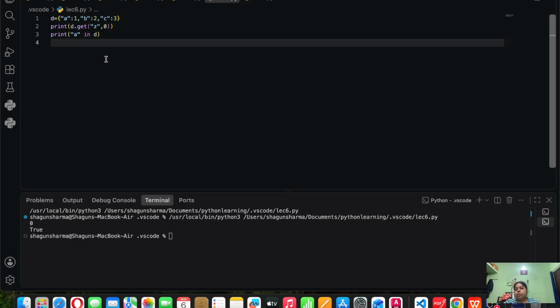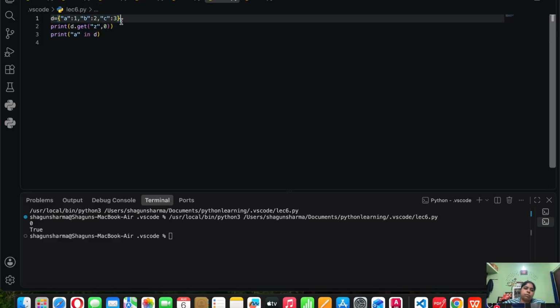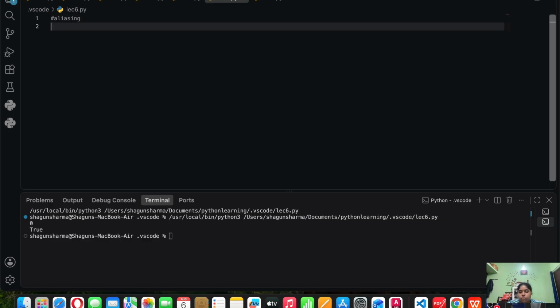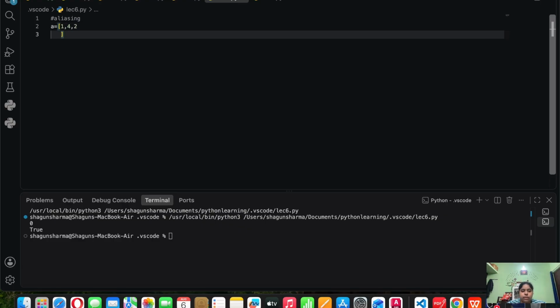Moving to the next, we have to perform aliasing. Let's do it. Aliasing, right? These are the numbers, let's say, and then you have to say